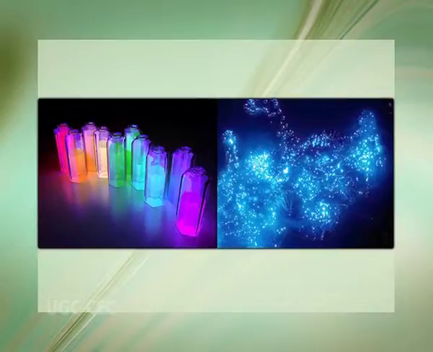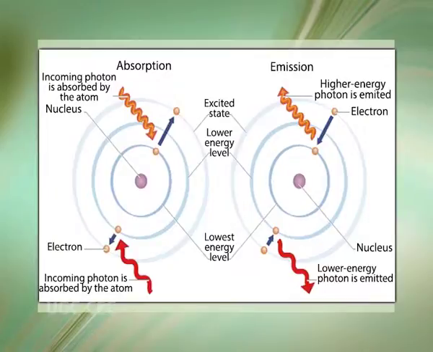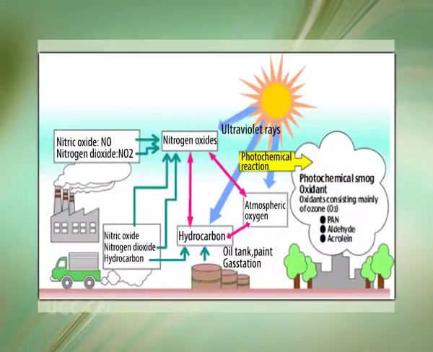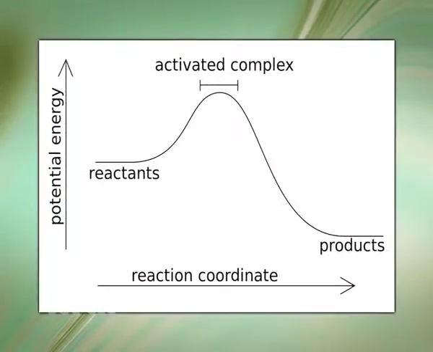Chemiluminescence differs from fluorescence or phosphorescence in that the electronic excited state is the product of a chemical reaction rather than of the absorption of a photon. It is the antithesis of a photochemical reaction in which light is used to drive an endothermic chemical reaction. Here light is generated from a chemically exothermic reaction.